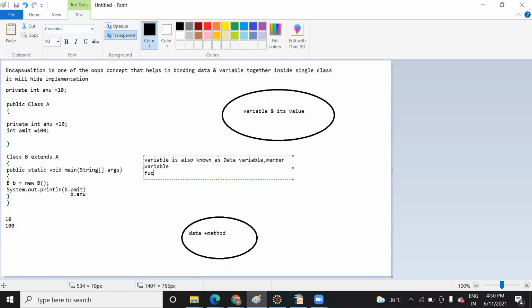A function or method is known as a member function of any class. So when you declare it as a member, it means that you are talking about the method and variable.